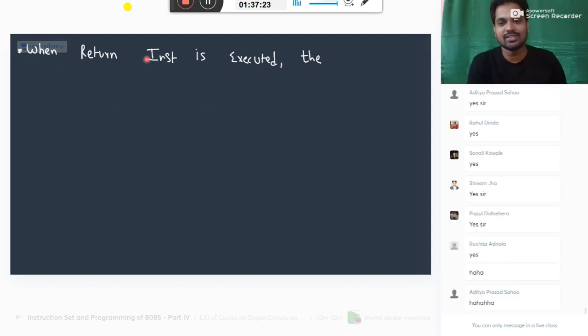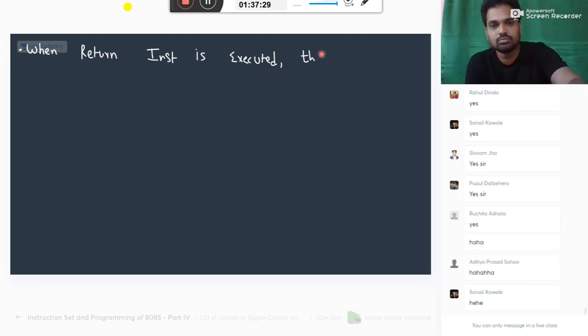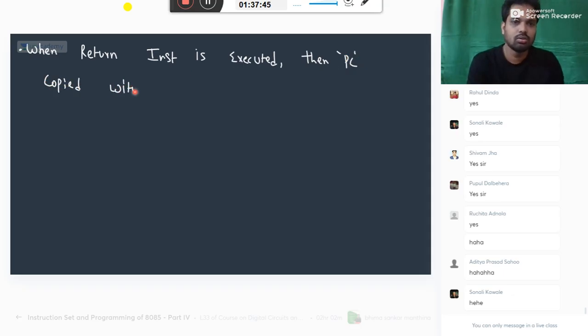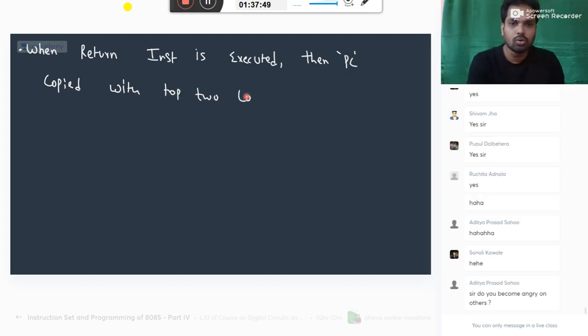So when the return instruction is executed, then the PC is copied with the top 2 locations of